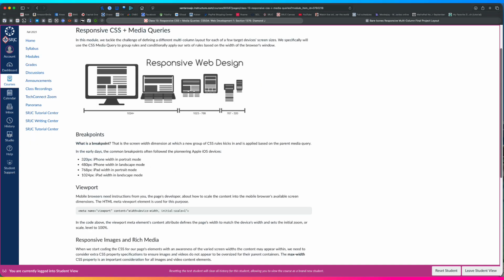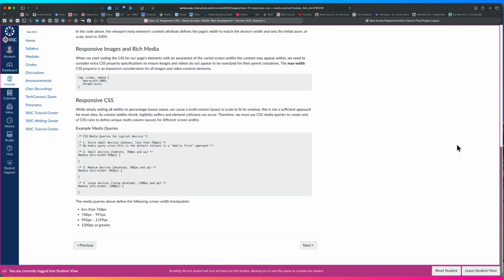In order to do that, we are going to be using what are called media queries to target specific breakpoints. In other words, different screen sizes so your web page looks easy to read on all of the different size viewports that people use. You can see down here at the bottom of this page, I have some example media queries, and we see that a media query starts with the